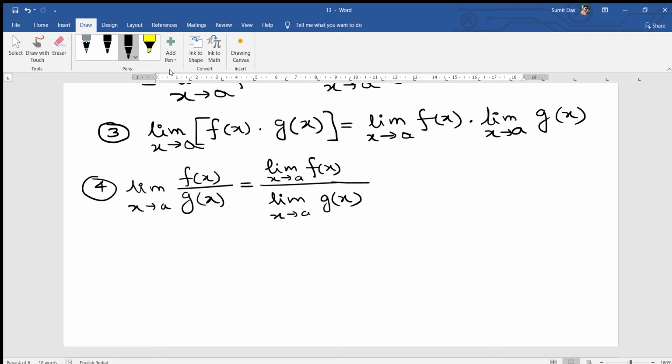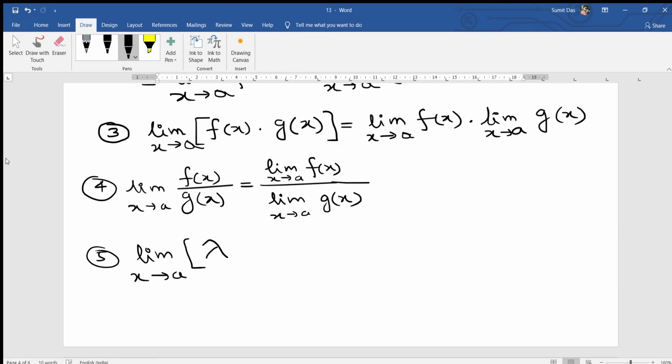that is the additional one. Suppose any constant multiplier, suppose limit x tends to a, and inside the bracket,